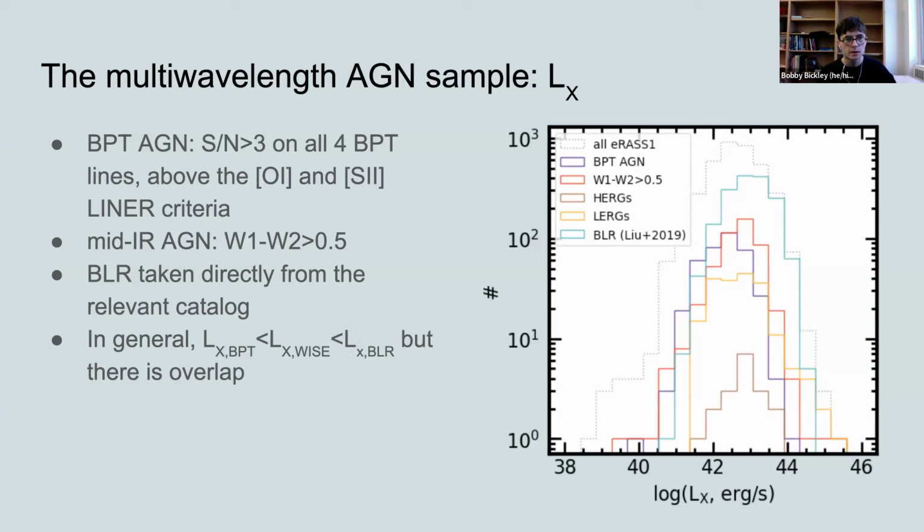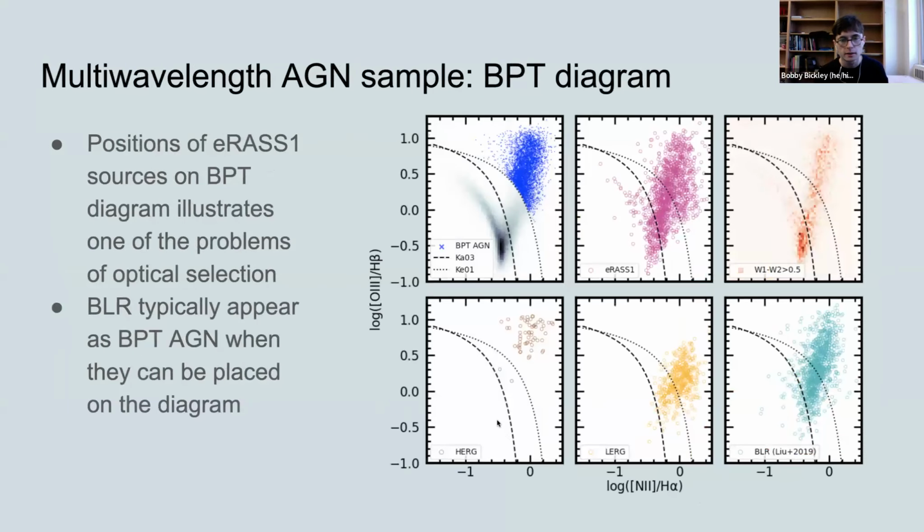This makes sense, and is consistent with the idea that at some X-ray luminosity, you expect that the feedback on a nuclear scale associated with the accretion that's taking place has a higher chance to effectively blow out obscuring material and reveal the broadline region and even the accretion disk emission to us as we're trying to observe these galaxies in the optical. But there's a lot of overlap between these classes.